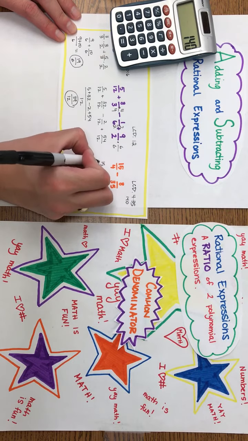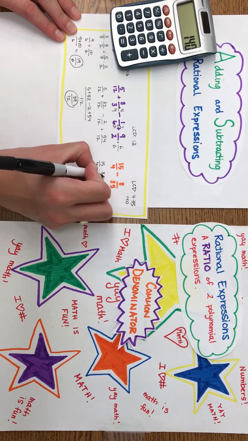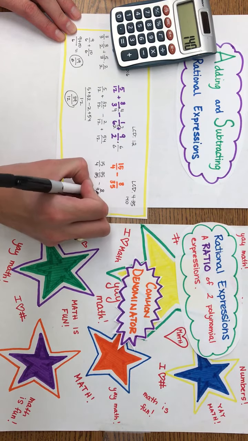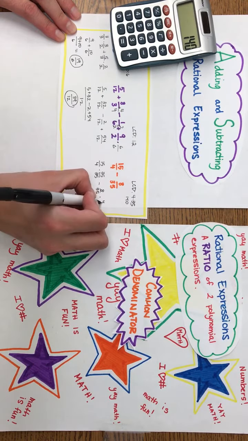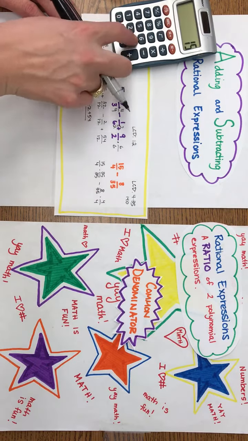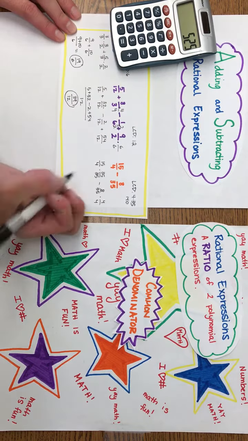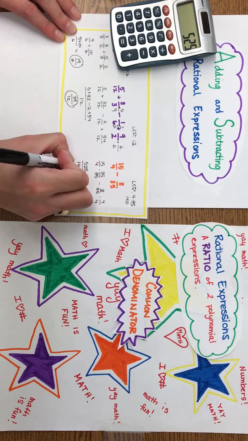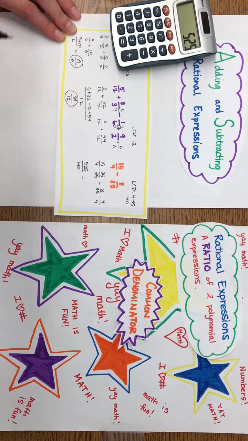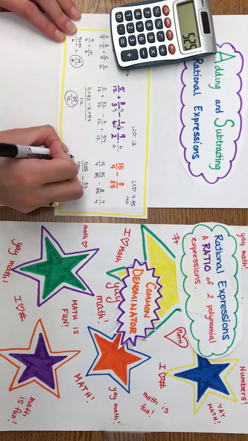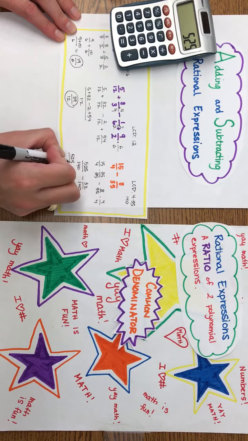So to 15/4, I'm going to need to multiply that by 35/35, and 8/35, I'm going to need to multiply that by 4/4. So 15 times 35 is 525 over 140, minus 8 times 4 is 32 over 140,